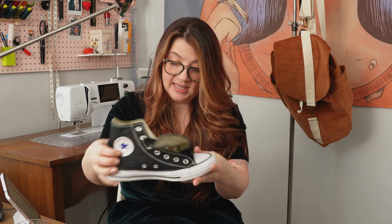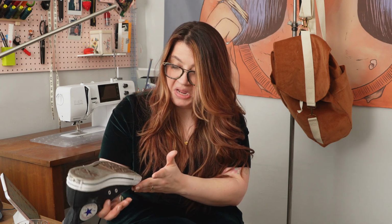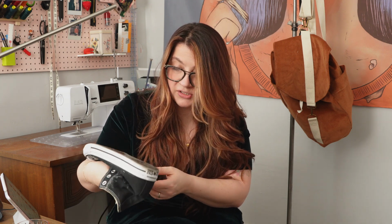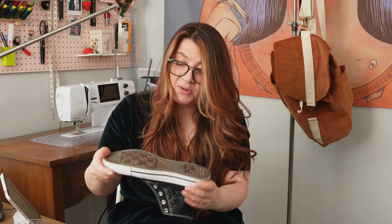Well, let me tell you what we're crafting. So I have been holding on to these. I found these Converse at the thrift, and I think I still have the tag. They weren't that expensive, they were $10, and they're basically brand new. Maybe somebody wore them once or twice. They were not dirty at all, just a tiny little bit on the back, but the bottoms are perfect. One of them did not have a shoelace, but whatever, I can get a shoelace. But I have been wanting to thrift a pair because I wanted to try doing